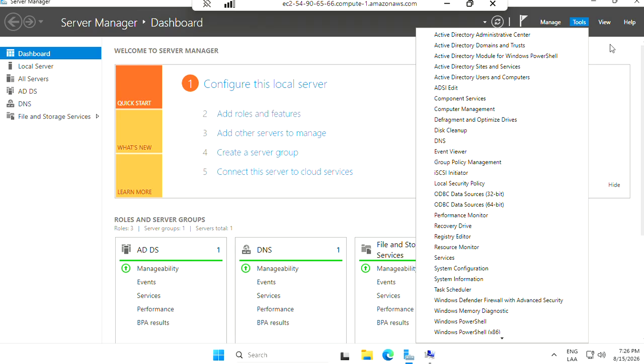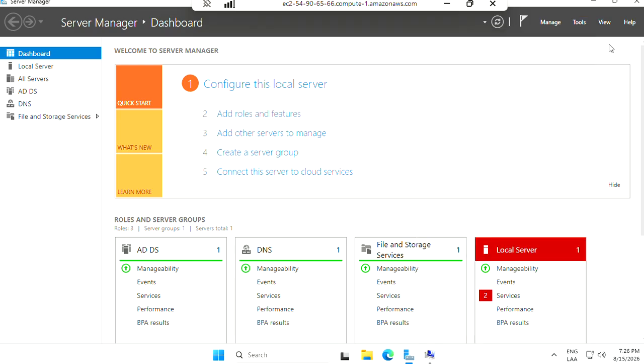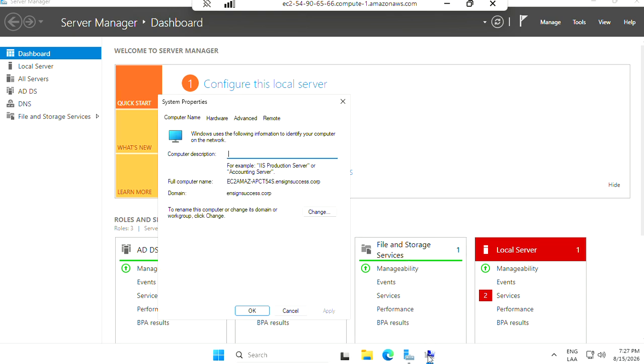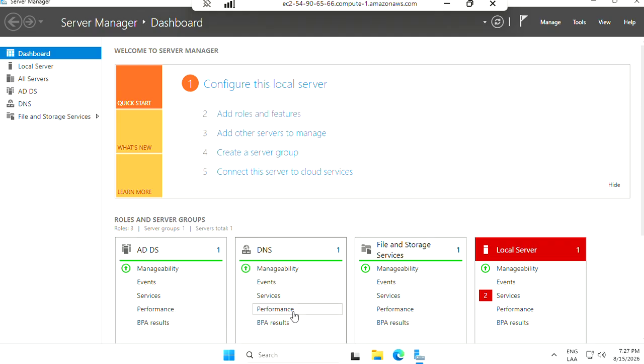After that, I promote my server to be a domain controller and I choose a domain name. This is the name of the computer and the domain is insignsuccess.corp. The domain. Okay, after that